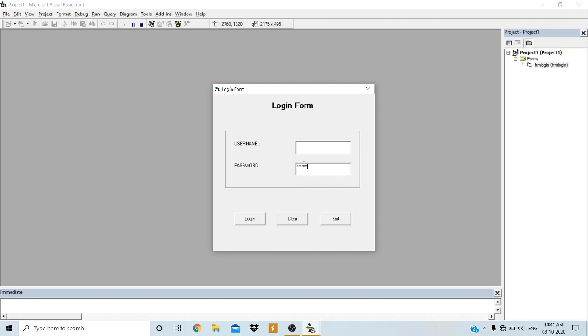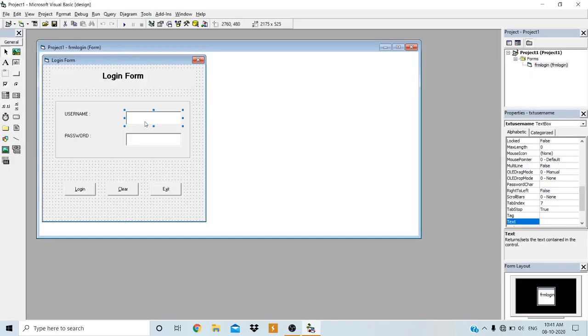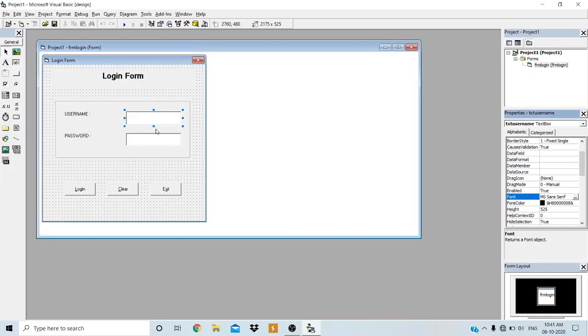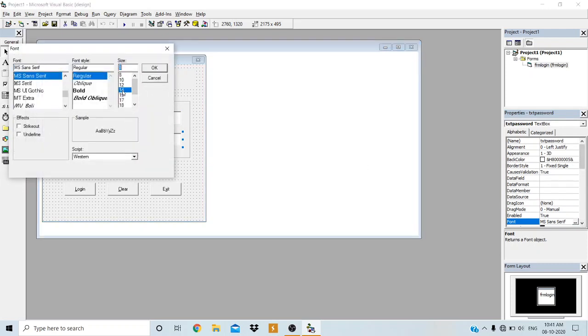Okay, and I will change the two text box fonts also so that they can be visible clearly. So select the text box. I will change another property of the text box. Do remember these properties because you have to list them out. As it is a journal program, you have to list them out in the properties table. So font size, I will set it to 14. Only size, not font style. Then for the other text box also, I will select the size as 14.